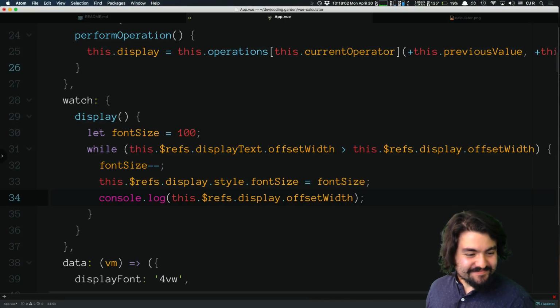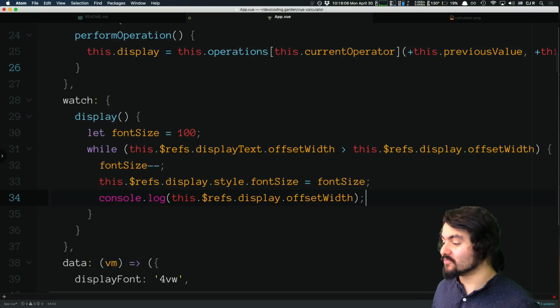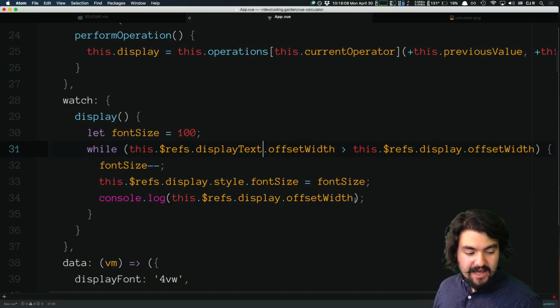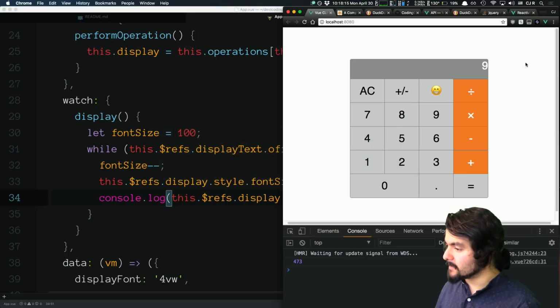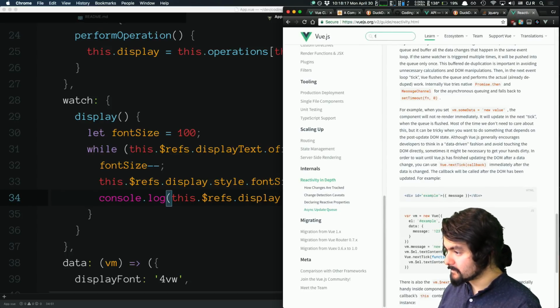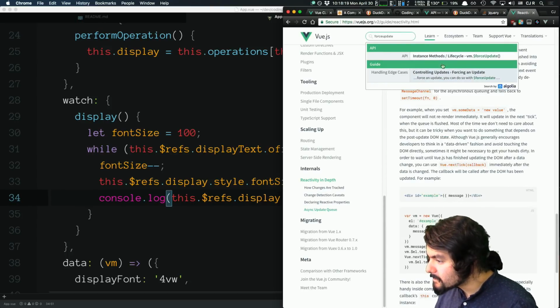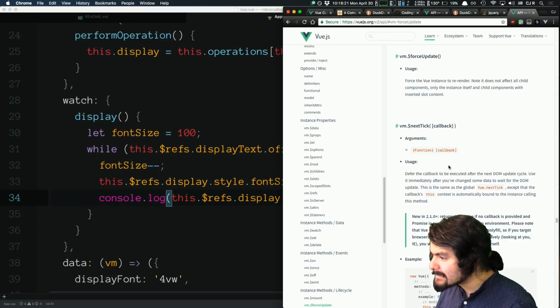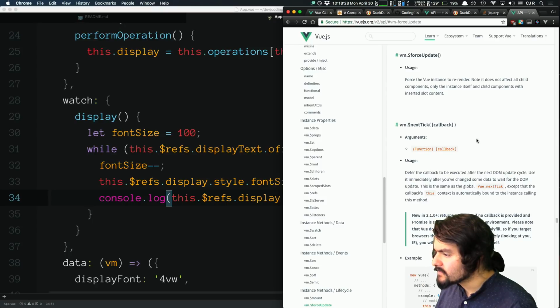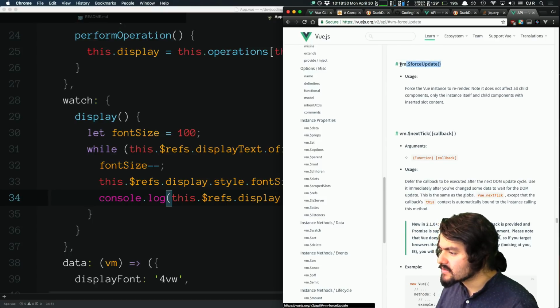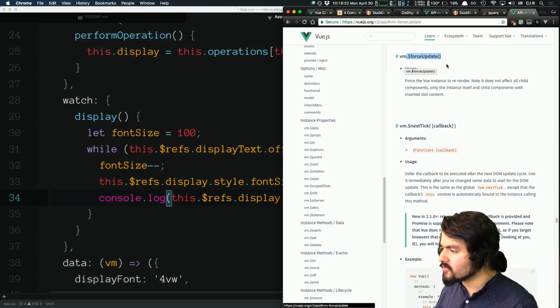I've been working on this way too long to give up now. I think we're really close. I think if anything, I might have to do a VM force update. Is that a synchronous call? Let's look it up. Yeah, it might be synchronous. Let's just try that. It's not going to be the most performant thing, but